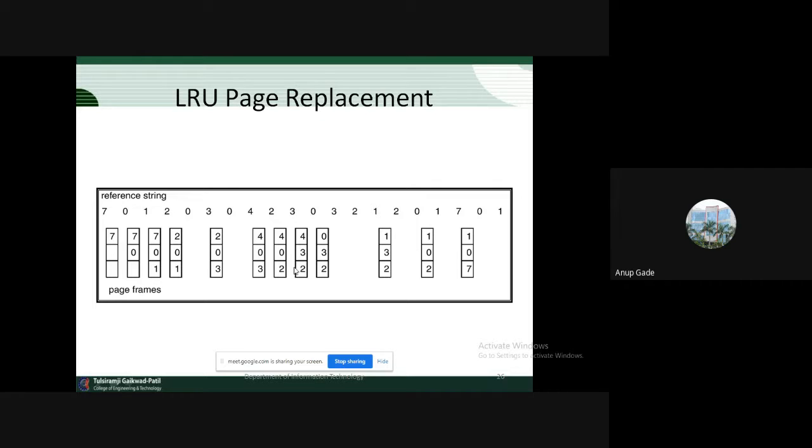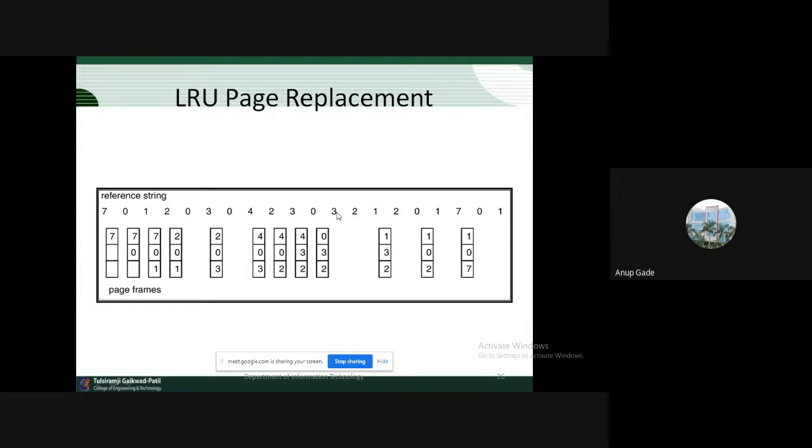Okay, now again we have to bring 3. Sorry, 3 हमें लाना है, 2 and 4 are recently used, we need to replace 0 with 3. तो हमने यहाँ से 0 हटाया, 3 replace किया. Then 2 and 3 are recently used, so least recently used was 4, so replace 4 with 0, तो यहाँ पे हमने 0 से replace किया.